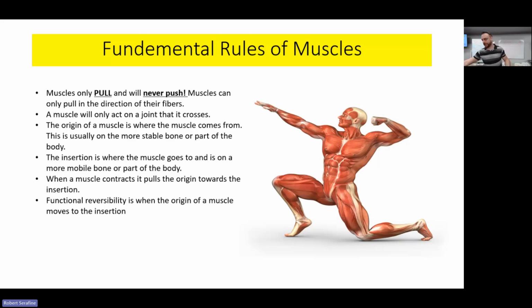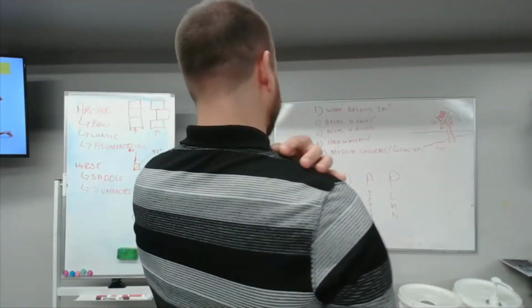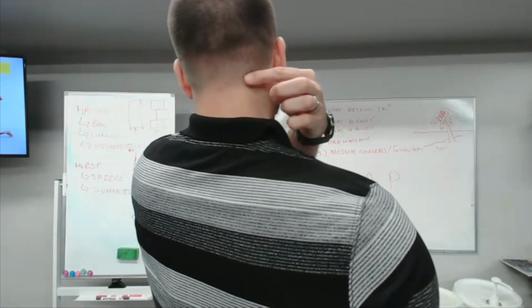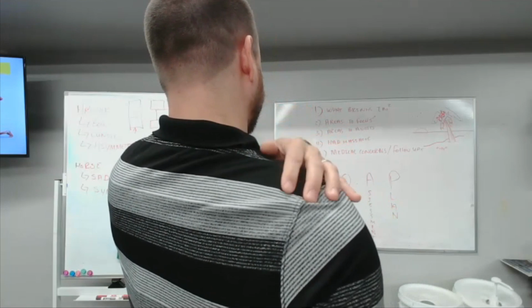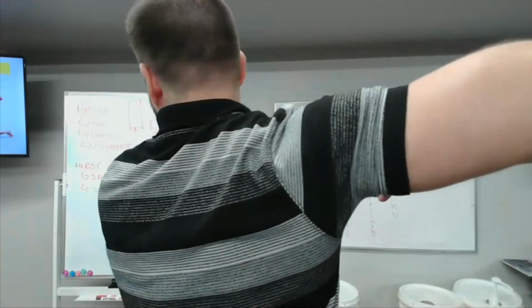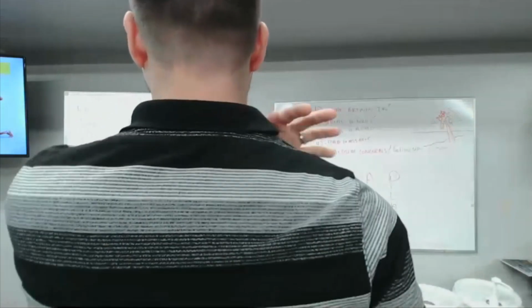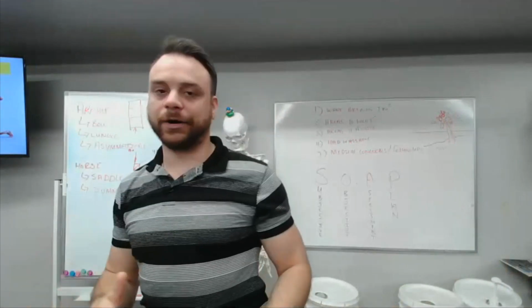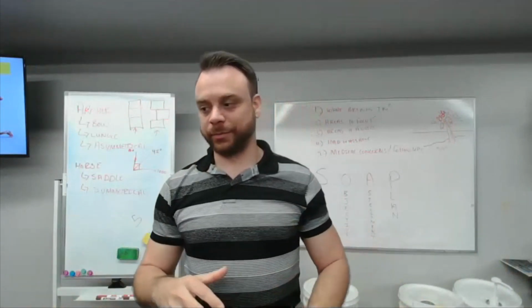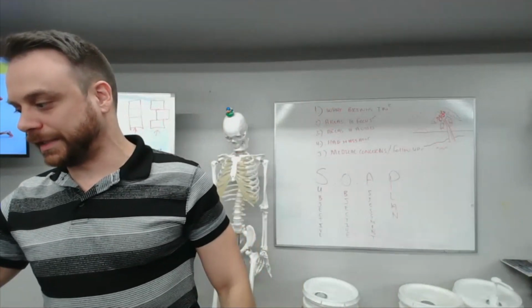So like the upper trapezius in this case, right, the origins of the muscle are here on the spine, and then the insertions are on my shoulder. So of course I could pull my shoulder insertions towards the origin here, but I could also pull my spine that way. So you can see how you can kind of reverse it a little bit. But like I said, I don't really like to teach origin and insertion that much. I think it's kind of a